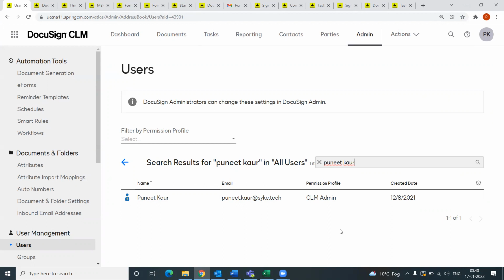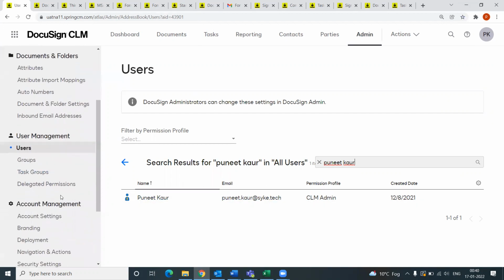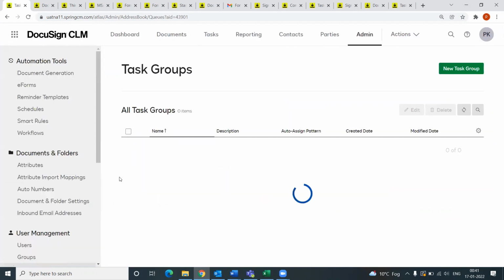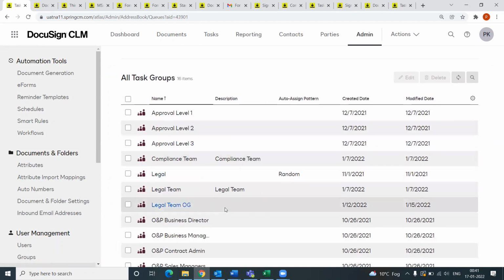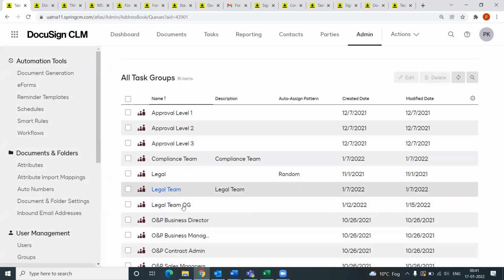We can create a new task group. From here, task groups, I'll click task groups. We can create a new task group like sales team or legal team. Now, for example,